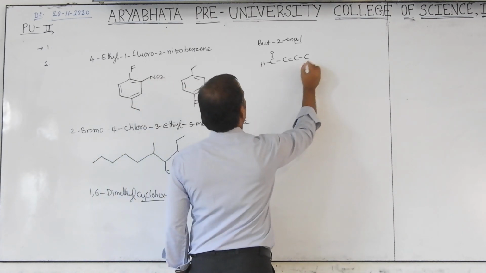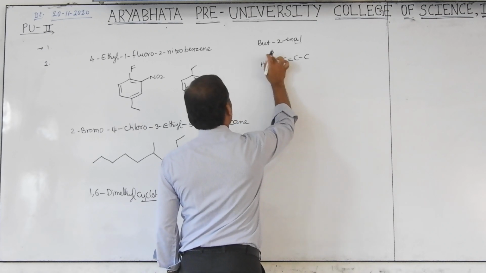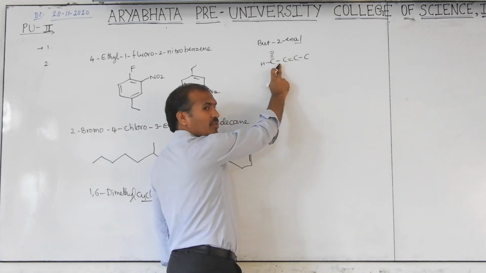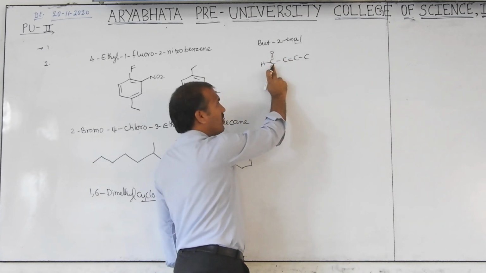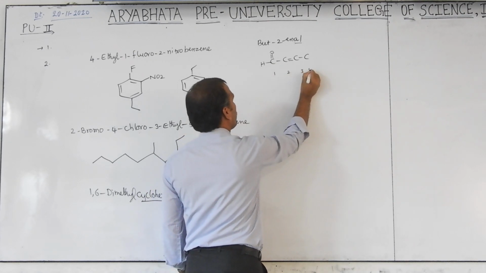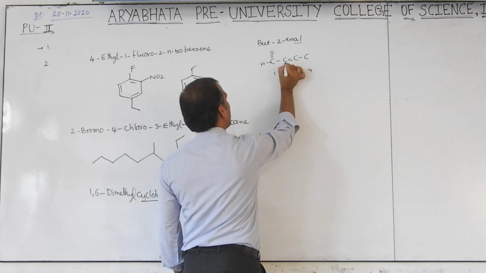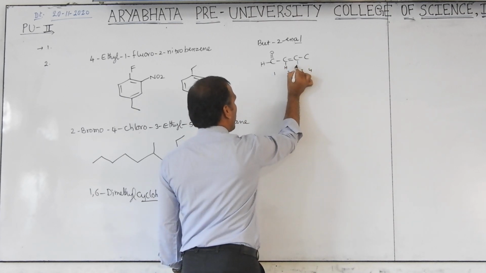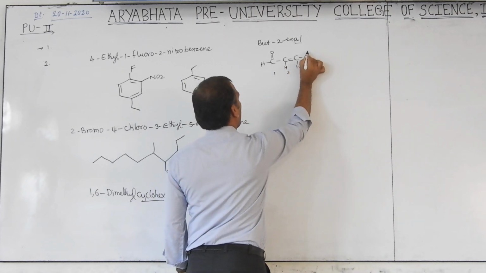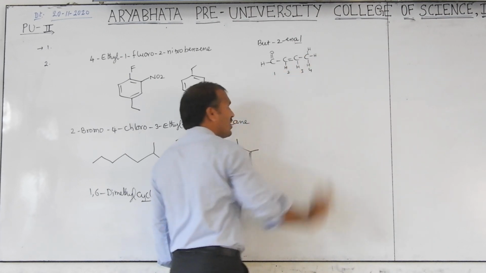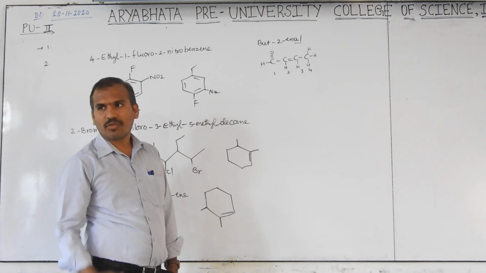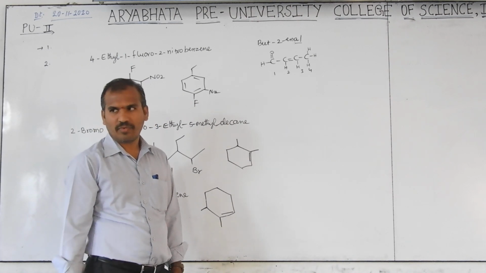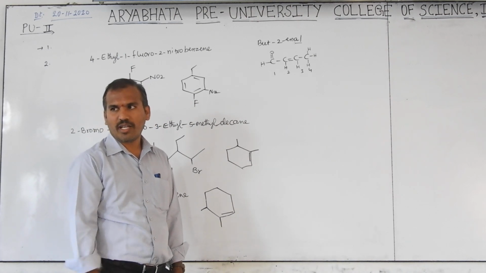Now, the remaining balance is satisfied. 1, 2, 3, 4 is satisfied. No need to write the hydrogen for the first carbon. This is the first carbon, second carbon, third, fourth. Here, 1, 2, 3: there is 1 hydrogen. Then here 1 hydrogen, second hydrogen, third hydrogen. This is 4. Satisfied. Now the third would be applied, because this is satisfied with the hydrogen.